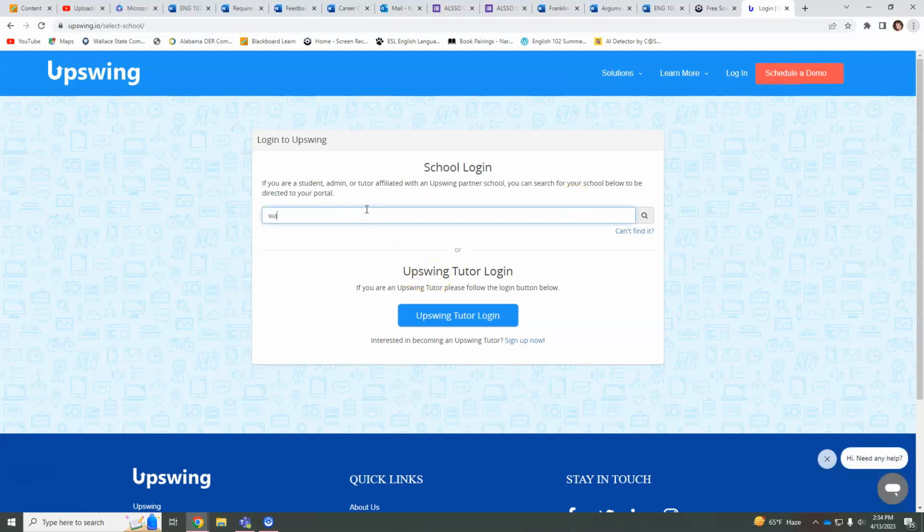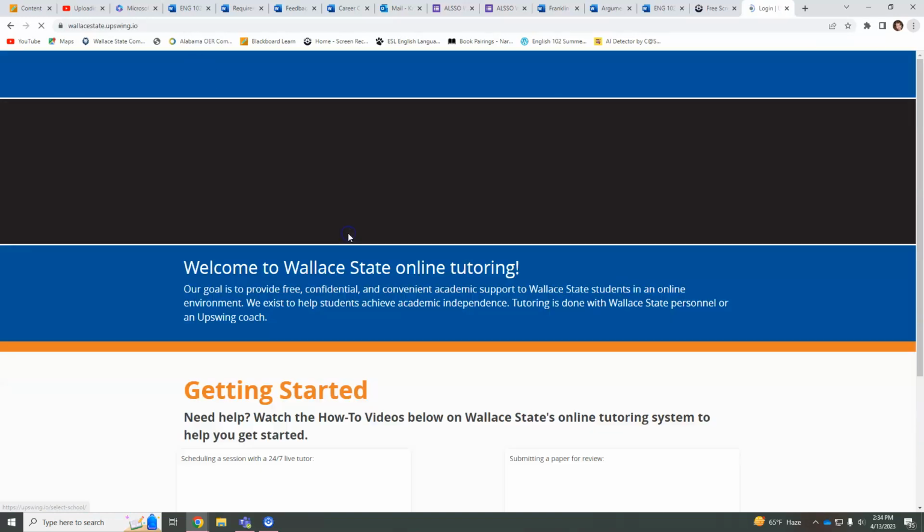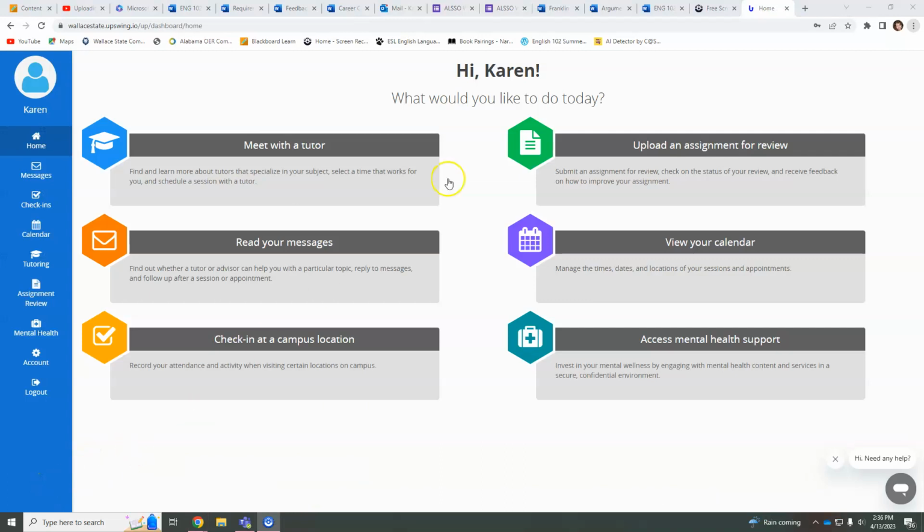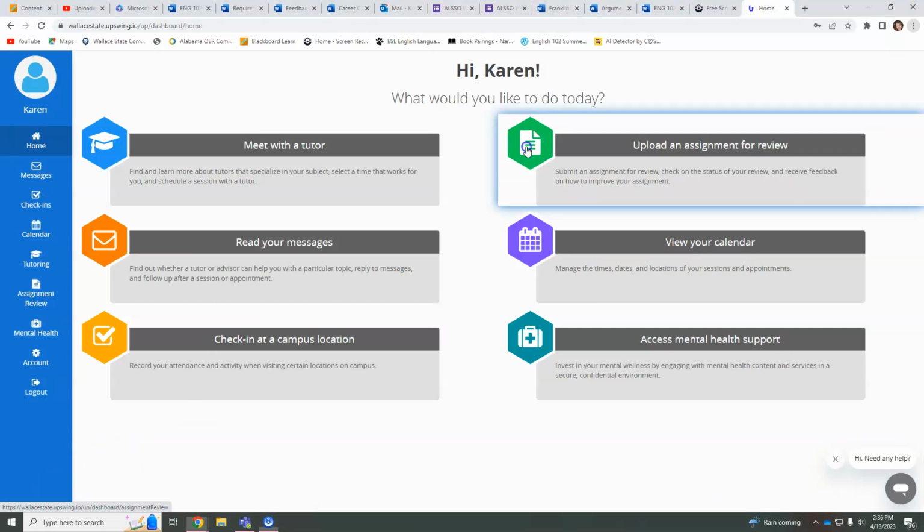I have to search for my school. And then my username and password. Username is probably your A number. Password is what you use to log into Blackboard. Then you go to Upload Assignment for Review,